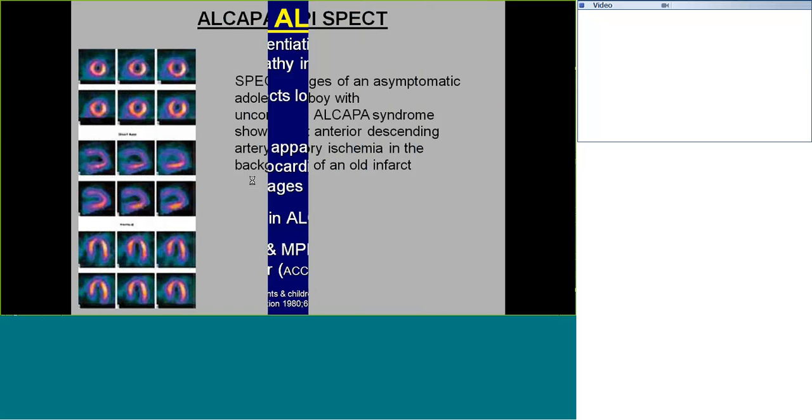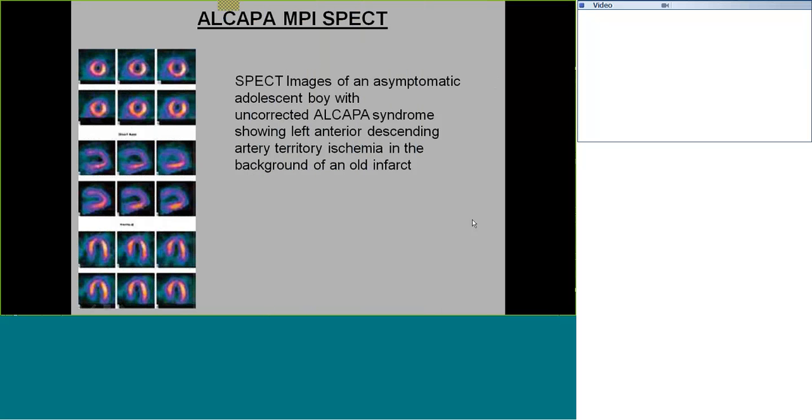So this is another patient, which is again our own patient, showing a previous infarct. You can see that there is a persistent perfusion defect in the LAD territory, but if you carefully look, there is a partial improvement. So this partial improvement shows peri-infarct reversible ischemia, or ischemia around the old infarct in the